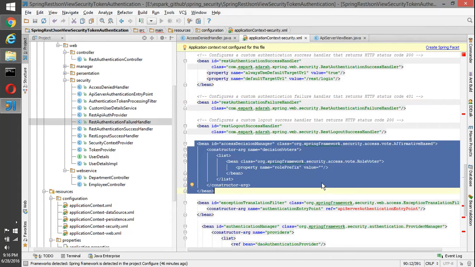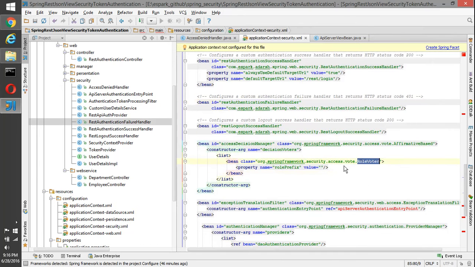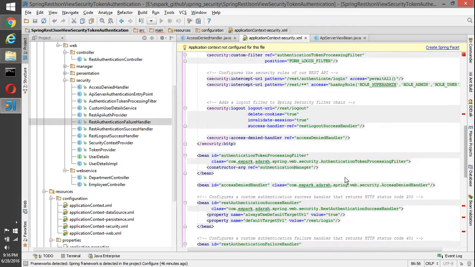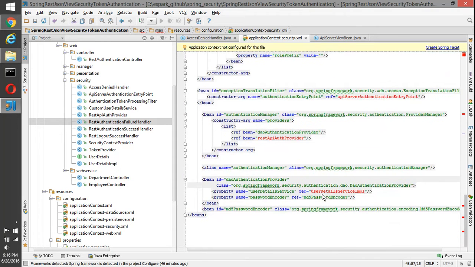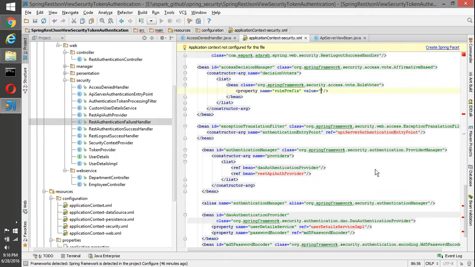Then we have the authentication decision manager. What we have done is, for any role I don't want to prefix anything, like ROLE_ underscore SUPER_ADMIN or like that, during comparison, so that's why I have made the prefix empty.